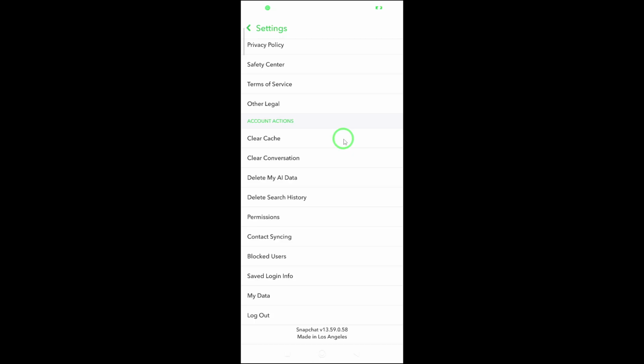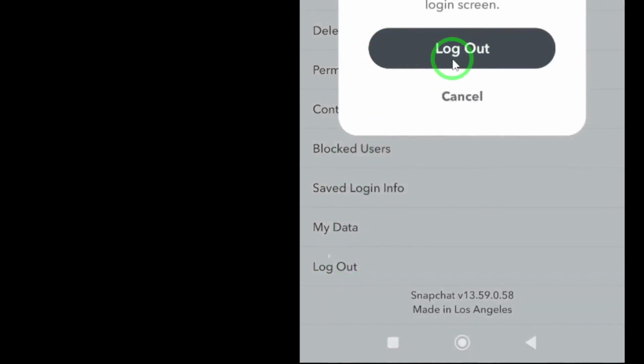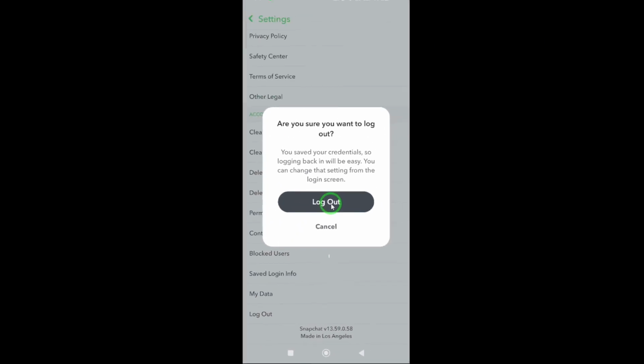Tap on it. Snapchat will ask you to confirm that you really want to log out. This is just to make sure you didn't tap it by accident. Simply tap Log Out again to